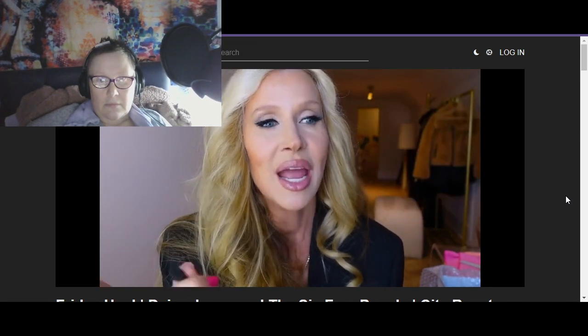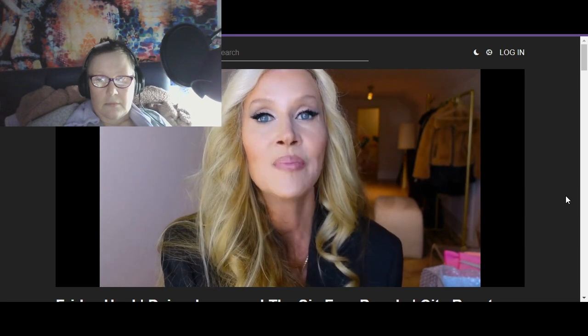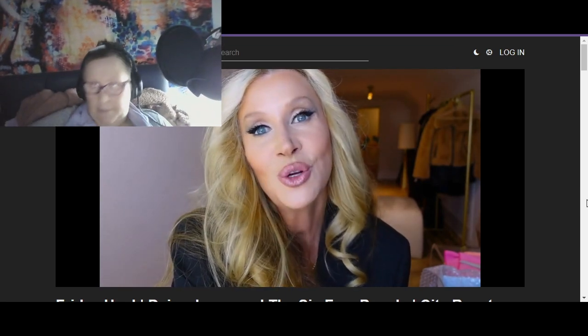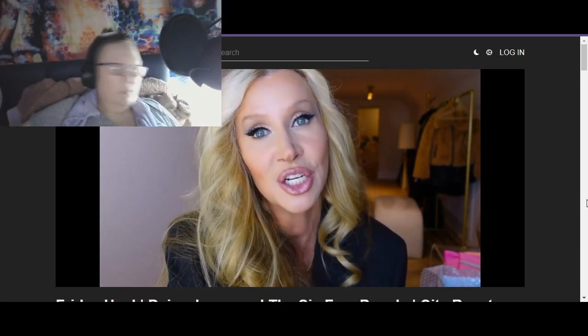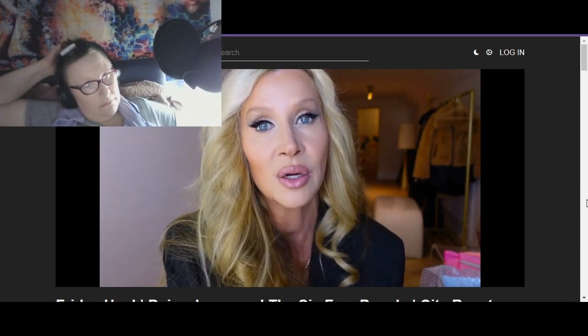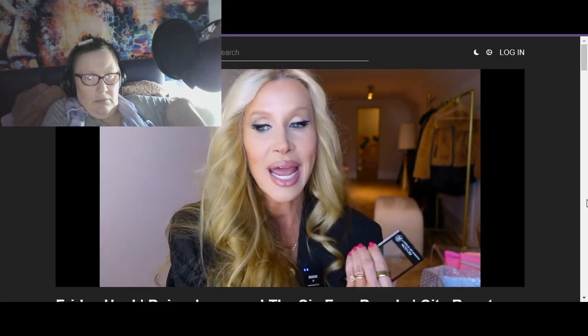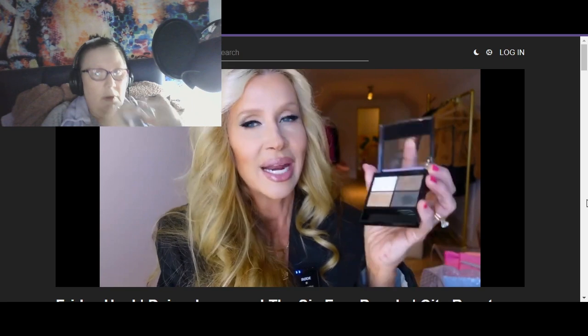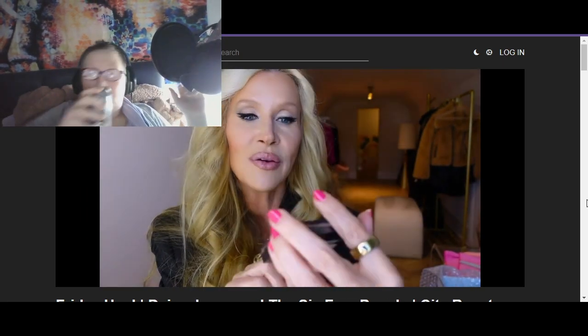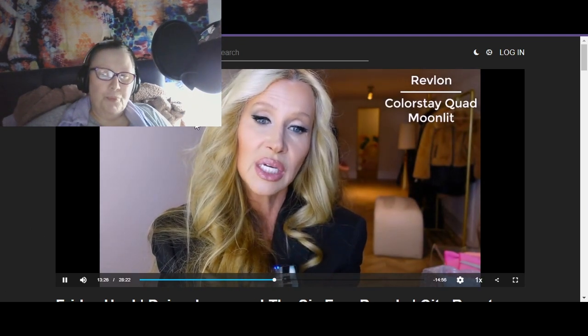I wanted to grab that, and I was looking at all of the different makeup, and I'm going to do a tutorial or get ready with me soon because I want to show you that foundation that I have been loving, the L'Oreal and the Wet n Wild Essence. So I was looking at eye palettes because I always use the same eye palettes every time I do a look, and I grabbed this one, and it's Revlon. They say it's new and improved, and the color is...